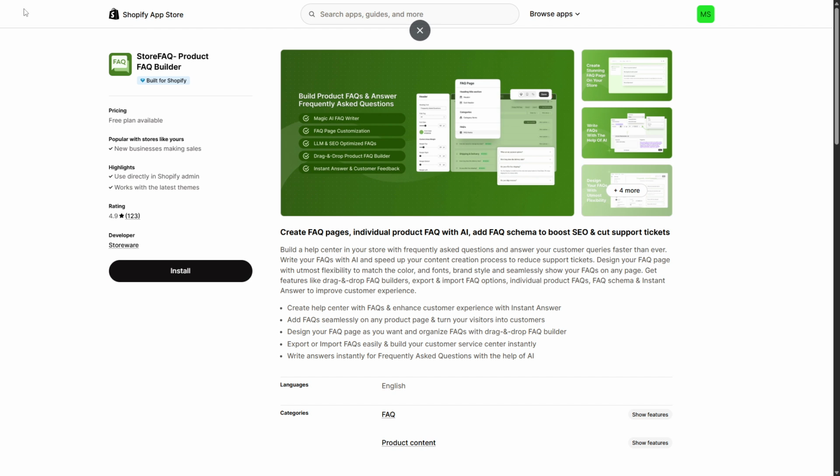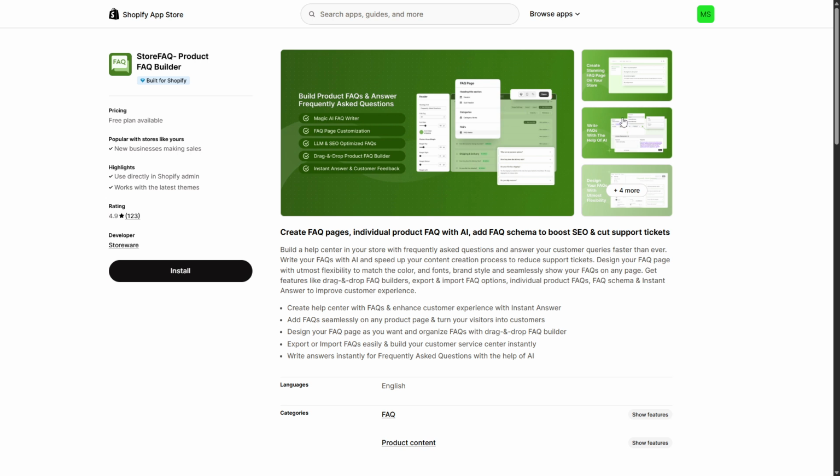First, head to the Shopify App Store and search for FAQ apps. Look for terms like FAQ, knowledge base, or page builder apps that explicitly mention FAQ sections. Popular choices often include knowledge base tools and page builders like Pagefly. Take a moment to read a couple of reviews and check screenshots so you know the app supports the layout